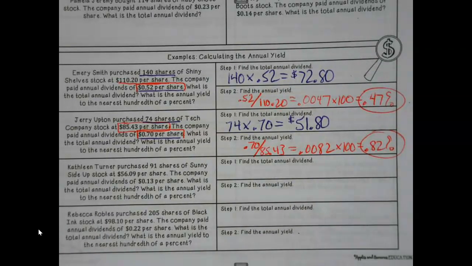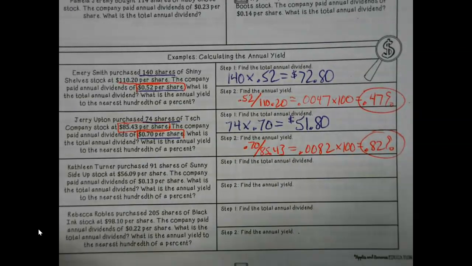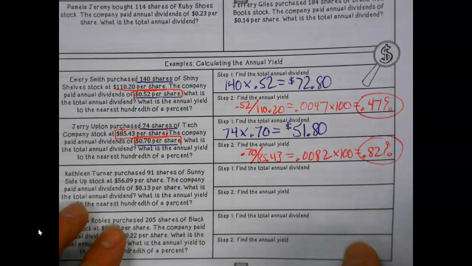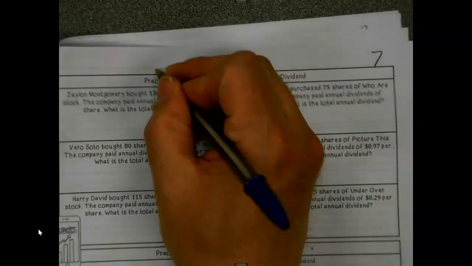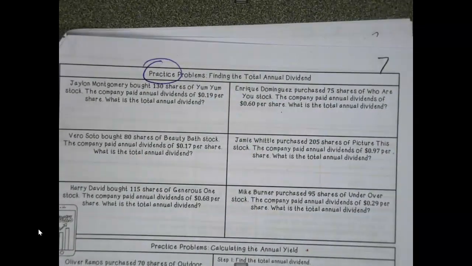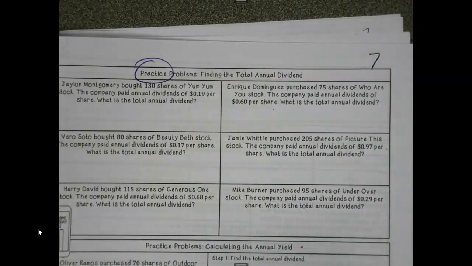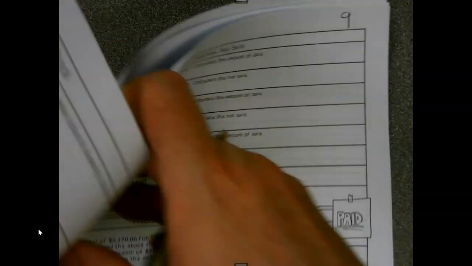So dividend-wise, again, until we dig a little deeper and start looking at what some of those are and what that's going to mean for your portfolio, good starting place to be. So again, the practice for that is on the page right after. And like I've said before, you don't need to do 6 of those and another 5 down here. If you do half of each, just to make sure you're good.